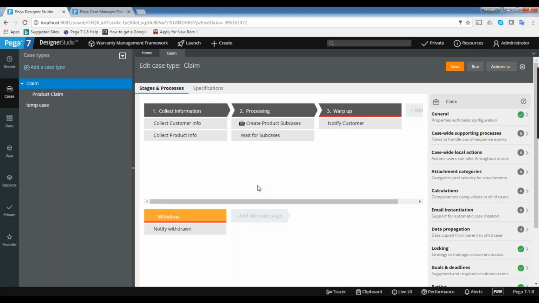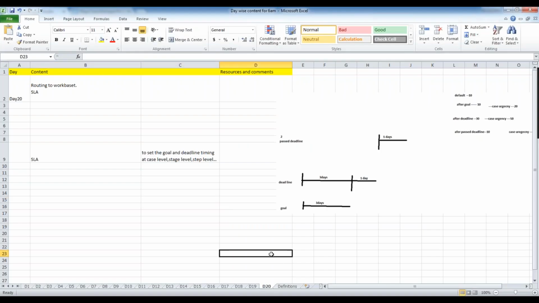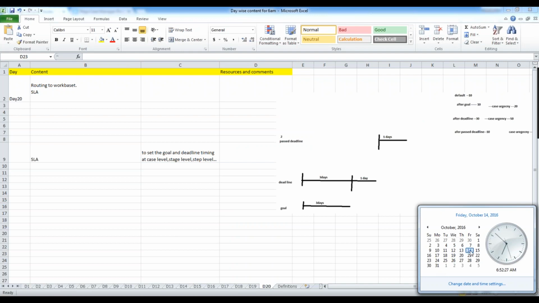So how many classes may it take to complete? Ten more sessions. Yes, so we can assume maybe month end or else November first week. Month end won't take. Meanwhile, we'll try to complete it. By the 27th, by next weekend, we'll try to complete. We'll take next weekend classes to complete it. This weekend not. Next weekend I may not be available. Okay, we'll see, based upon that I'll tell you.